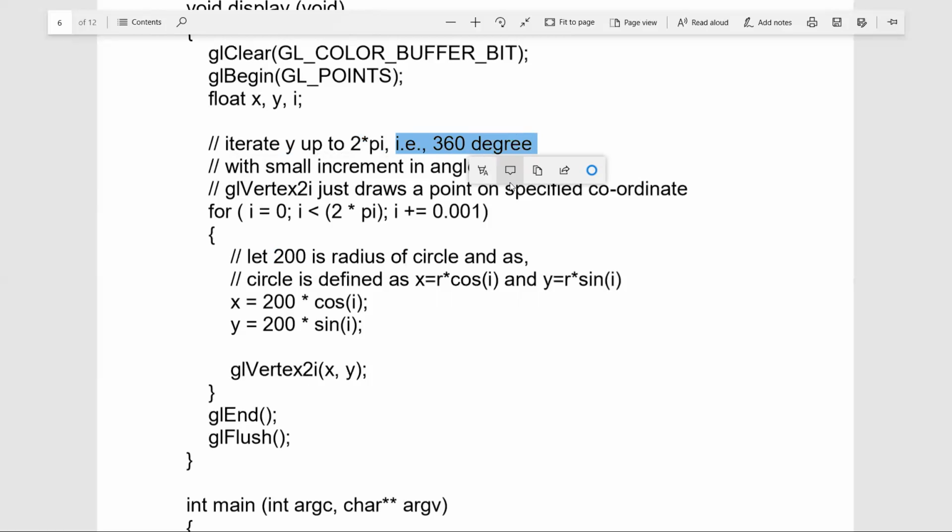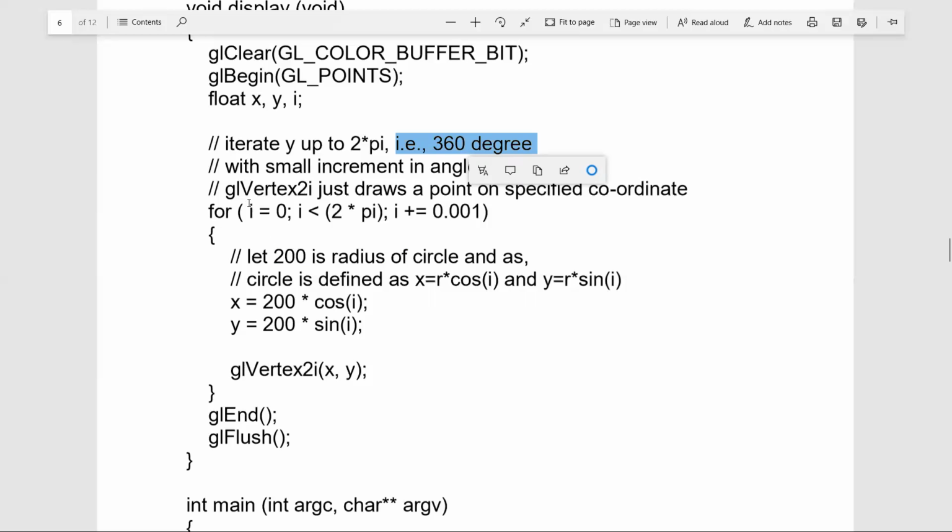So the arc will be drawn quadrant by quadrant, and the complete 360-degree circle will be drawn using point by point drawing.